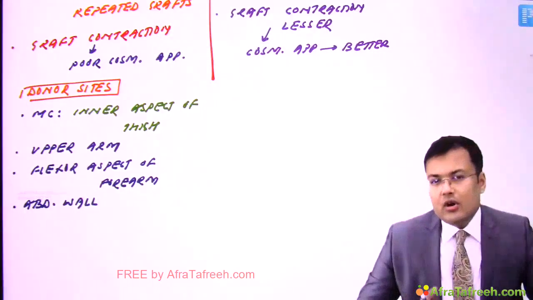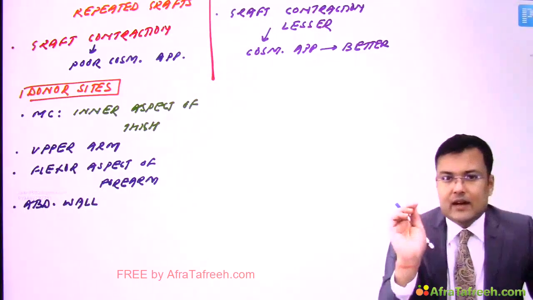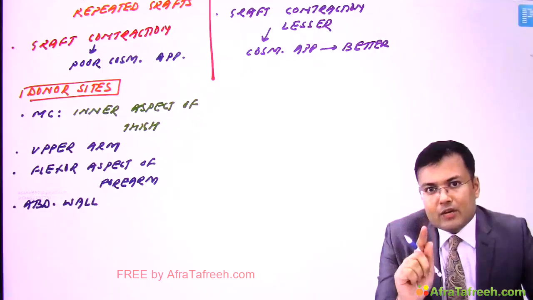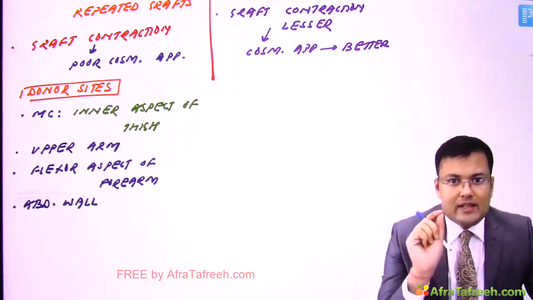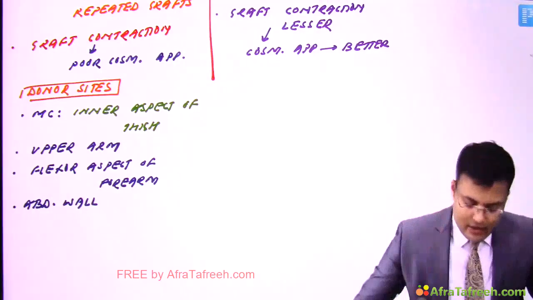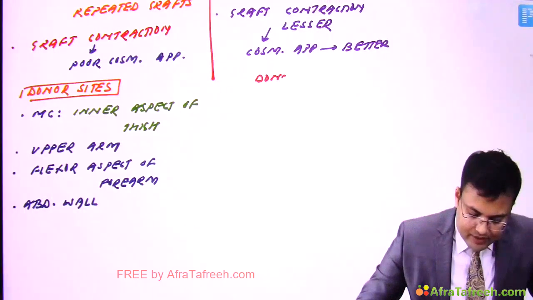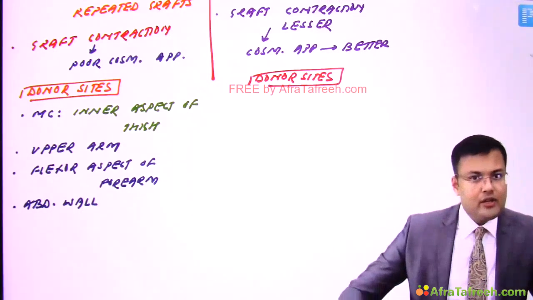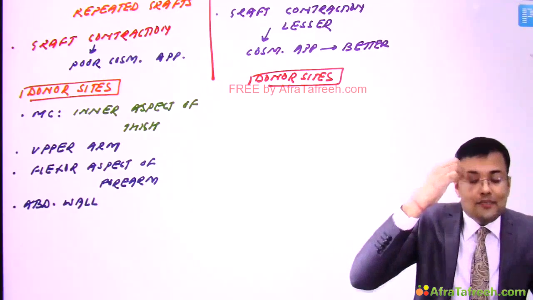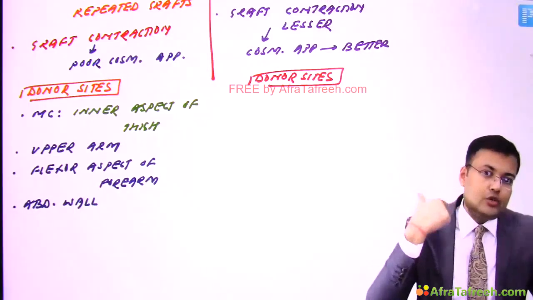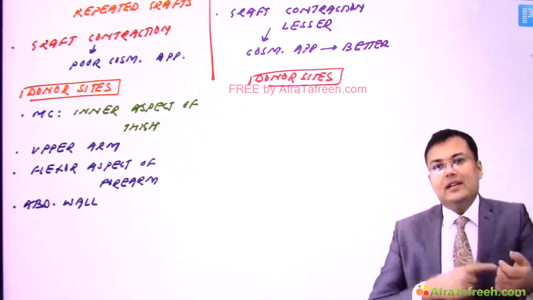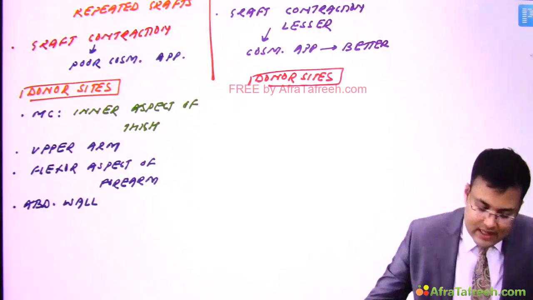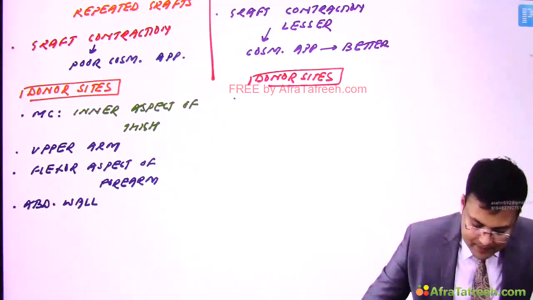Now the donor sites for full thickness skin grafting. If you are taking a full thickness skin graft, there should not be any limitation of movement and there should be redundant skin. Clear? So what are the donor sites? You can see these: upper eyelid, retroauricular region, supraclavicular, antecubital, inframammary, inguinal, genital, gluteal. This is asked frequently in exam.